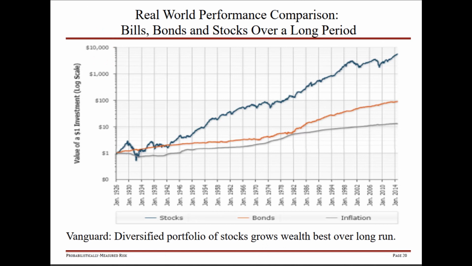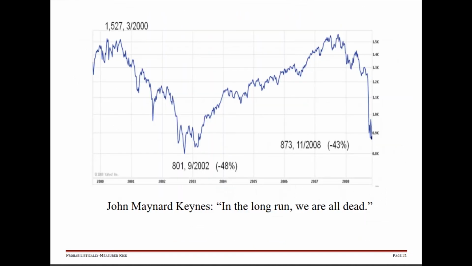And the last thing we talked about in this chapter is the fact that a lot of equity-focused investment firms are going to show you graphs like this and say, over the long run, the pile of money that you get by investing in stocks is much bigger than the pile of money you're going to have by investing in bonds or just putting your money in a money market and keeping up with inflation. And they'll always show you a graph like this with almost 100 years worth of data, and you can't really look at that, as John Maynard Keynes would say. If you look at the period from, say, 2000 over to 2009,